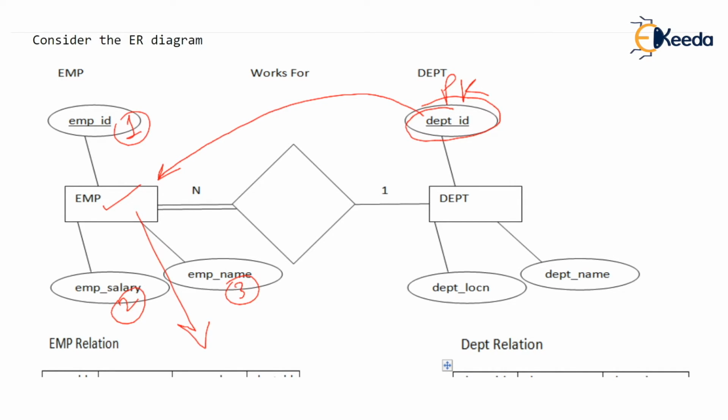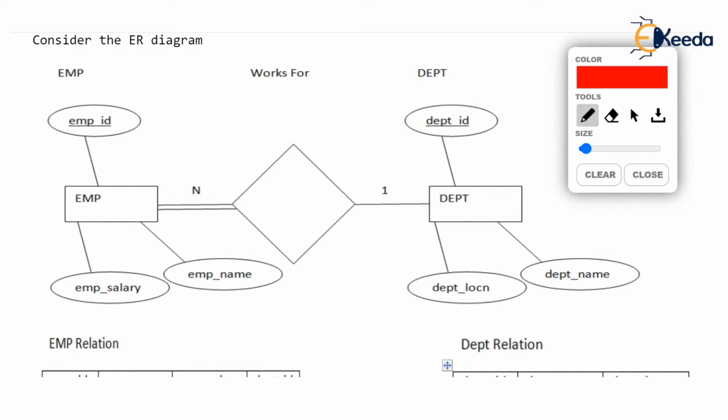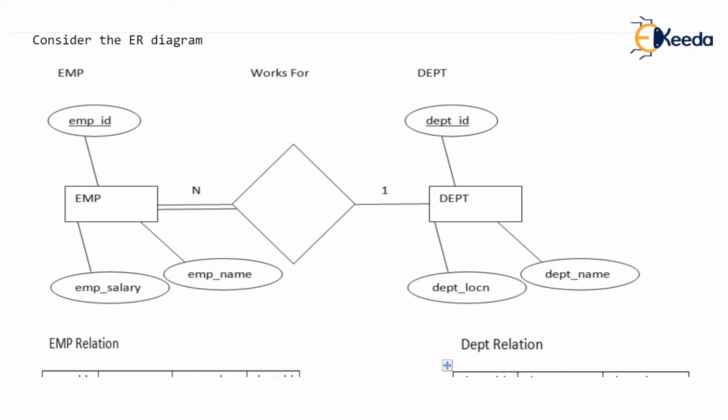Check the rule now. I repeat this rule 3 times. The rule is like this. Whenever you have a one-to-many relation or many-to-one, whatever you call, then when you are converting this into a relational model, the rule is that the primary key of one side becomes foreign key of many side. Who is the one side? Yes, department. Department is the one side. So there will be an additional attribute over here, foreign key, which is DEPT ID.